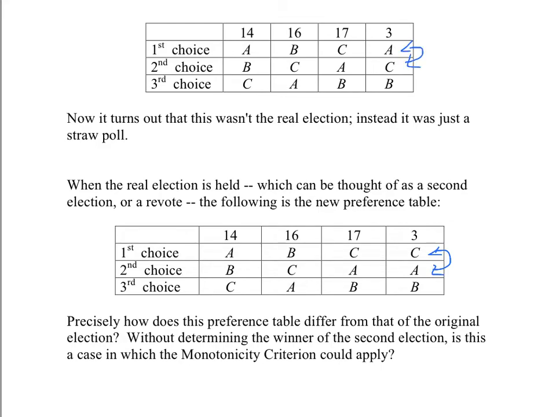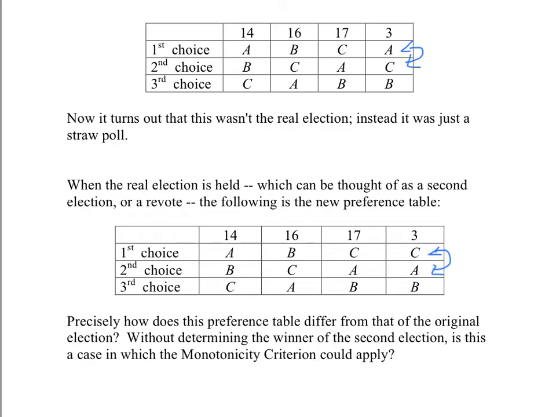So in the first election, these 3 voters did not have Claire as high as they might have on their ballots, and perhaps getting the idea that Claire was going to win anyway, they wanted to jump on the bandwagon and claim to have been supporting Claire all along. Whatever their motivation is, in the revote,